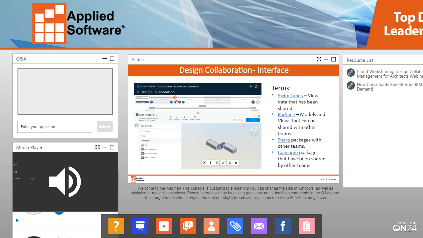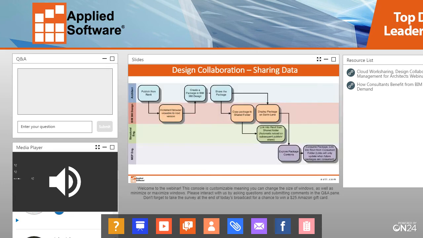So going back to this workflow, just kind of walk through this from upper left down to lower right and talk about how this design collaboration flows just as an overview. And if anybody needs to see this in more detail, we can pull it up maybe during the question and answer period. But essentially the way it happens is the architect might start off in their file in Revit,